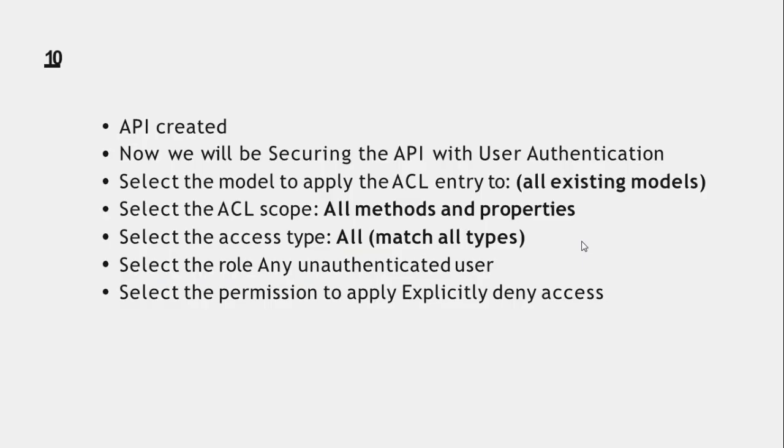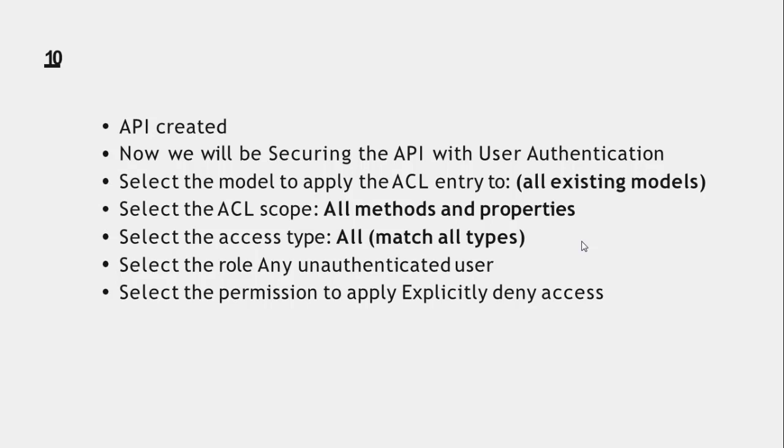So now our API is created. After that we are going to give access to our app. For that we have to type the ACL command in our command prompt. After creating your API, we will manage that API with the help of ACL. So for that, just open your command screen and go inside that app folder, and type the command lb space ACL.